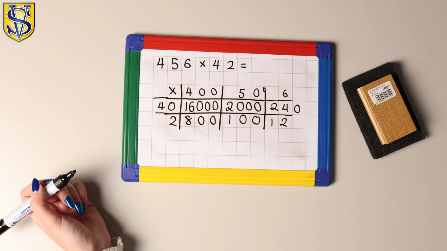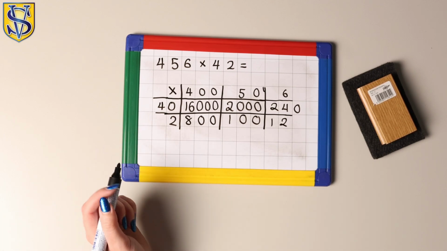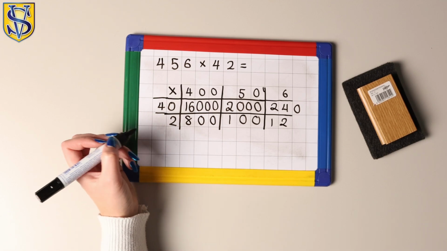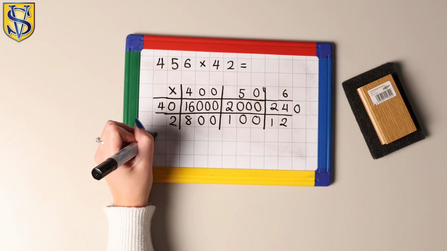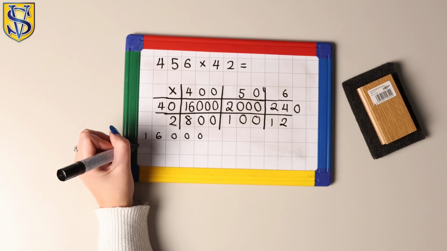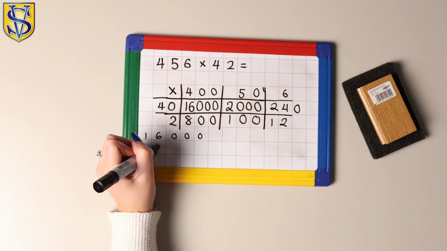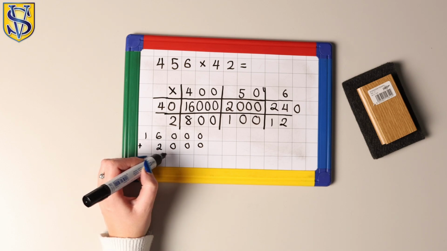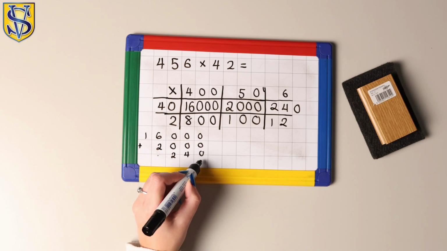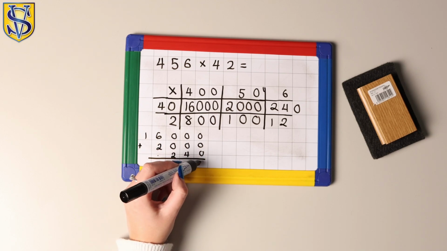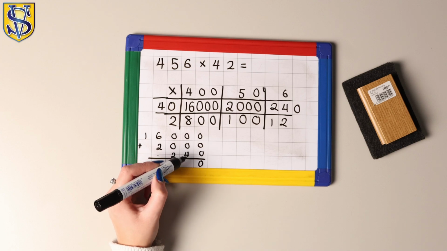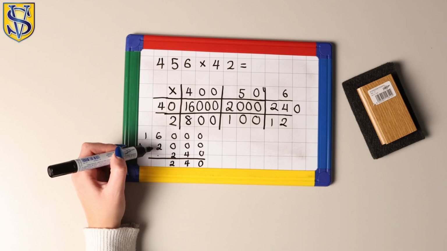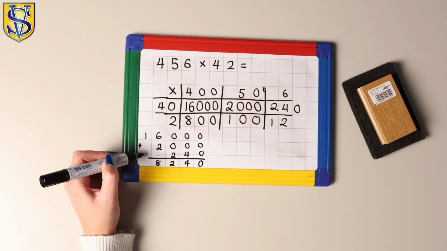And now you need to add it all up. Now in this case, I haven't got a lot of space here, so I'm going to have to squeeze it down. But I'm going to use column addition to make sure that I've got everything aligned. You can start with smaller ones if it's easier. So I'm just going to start with 16,000, add 2,000, add 240, is 0, 0, 0, 0, 0, add 0, add 4 is 4, 0, add 0, add 2 is 2, 6 add 2 is 8, and then 1 add nothing is 1.